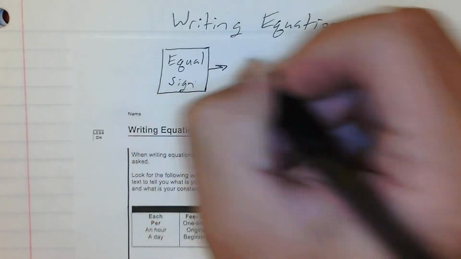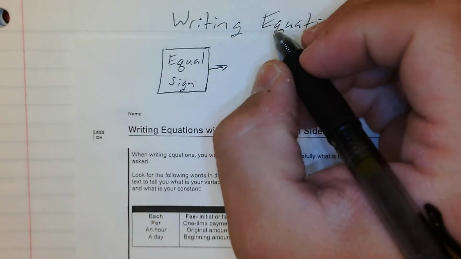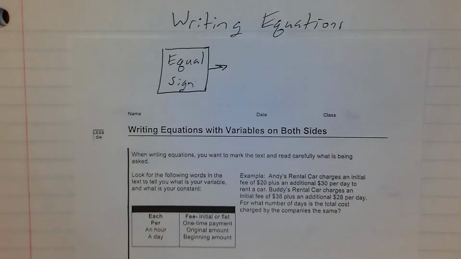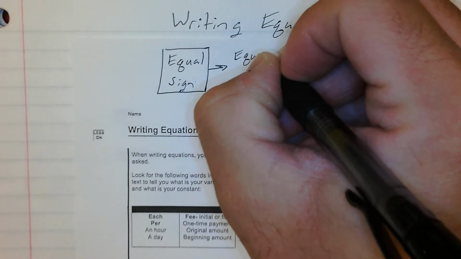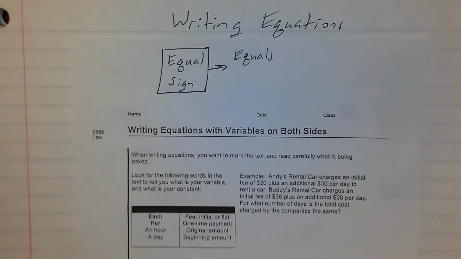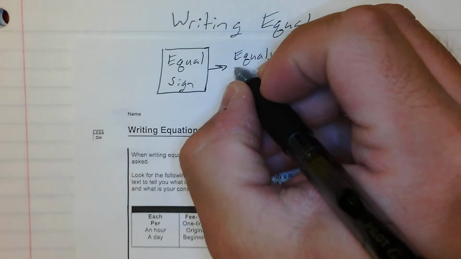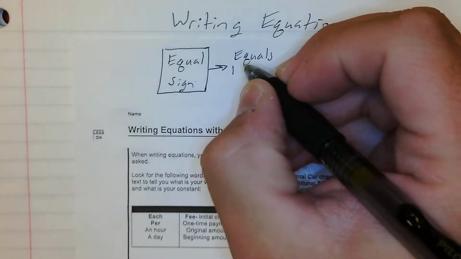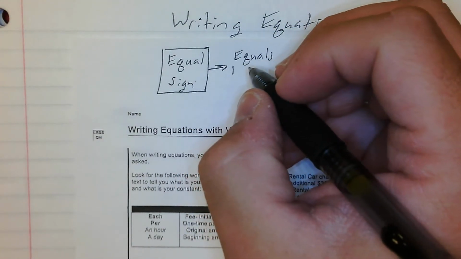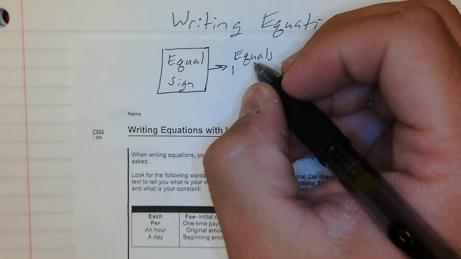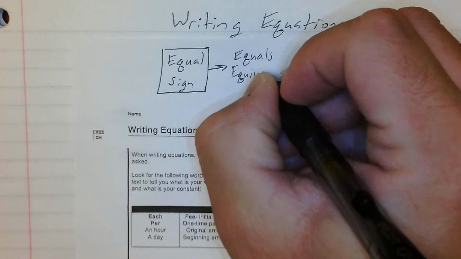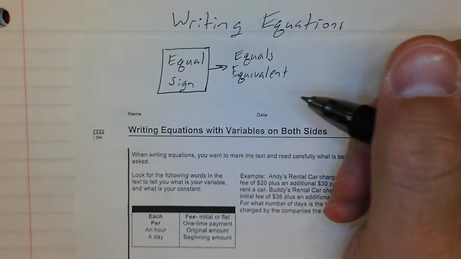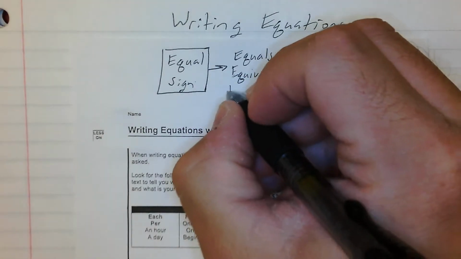In this case, for an equal sign, we're going to see words such as equals. We're going to see words such as equivalent. Equivalent also means to put an equal sign. We're going to see words such as